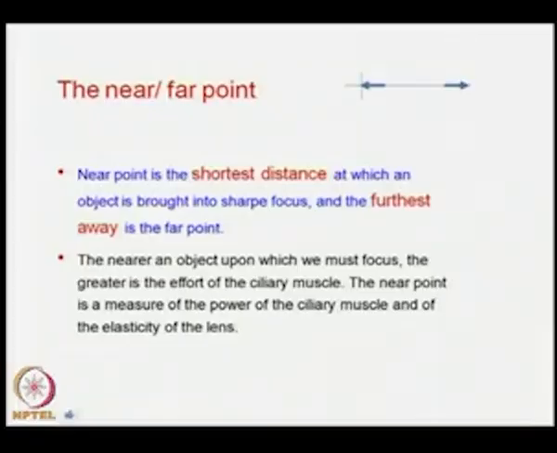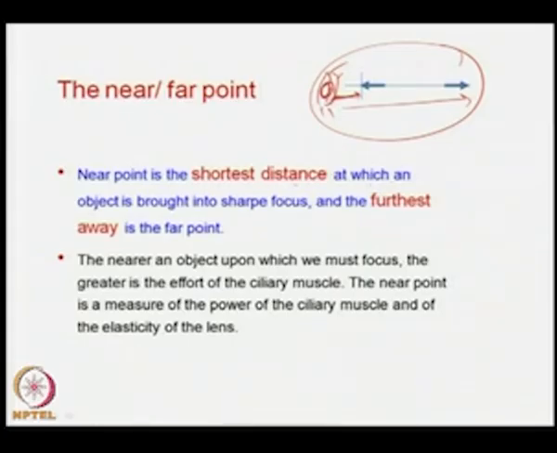Now, the near and far point. This is the eye, this is close vision and this is far vision. The near point is the shortest distance from the eye at which an object is brought into sharp focus, and the farthest is the far point we can concentrate on. The nearer the object upon which we must focus, the greater is the effort of the ciliary muscle